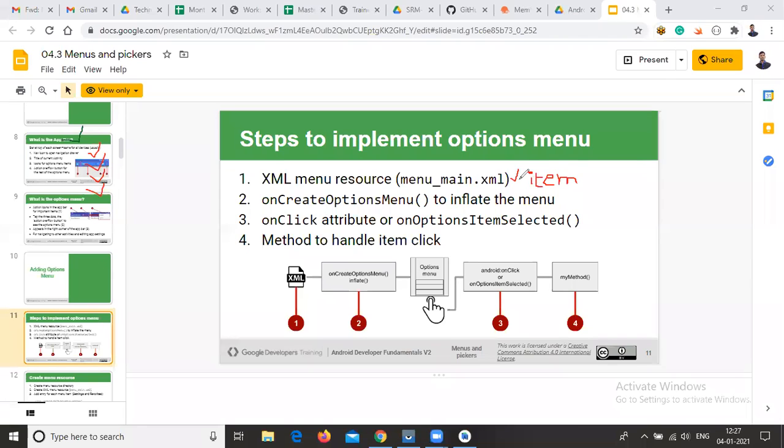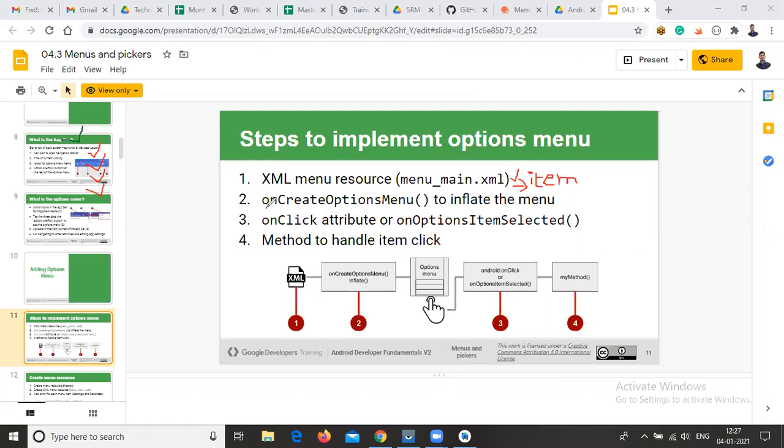After creating these items, we configure this XML file inside our Java file.